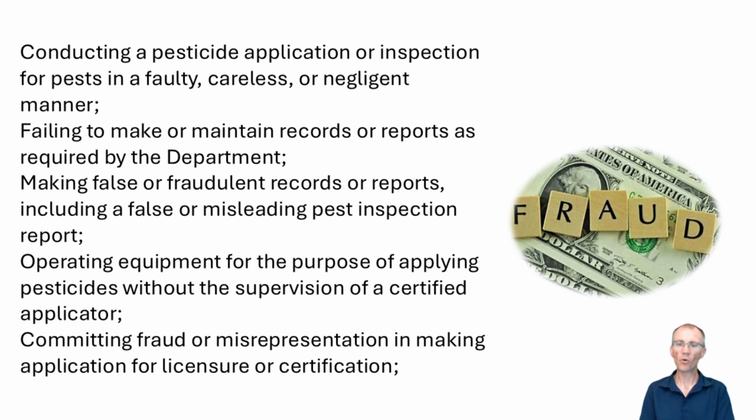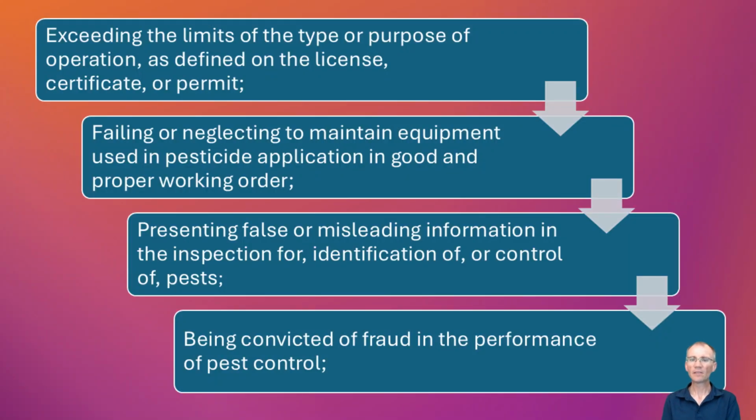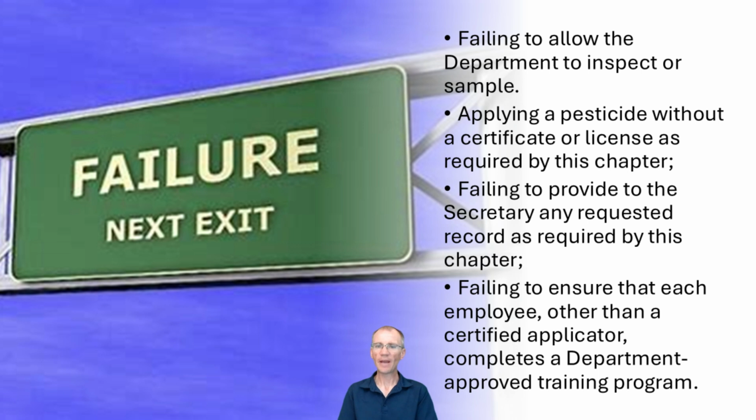operating equipment for the purpose of applying pesticides without the supervision of a certified applicator; committing fraud or misrepresentation in making application for licensure or certification; exceeding the limits of the type of purpose of operation as defined on the license, certificate, or permit; failing or neglecting to maintain equipment used in pesticide application in good and proper working order; presenting false or misleading information in the inspection for identification of or control of pests; being convicted of fraud in the performance of pest control; failing to allow the Department to inspect or sample;